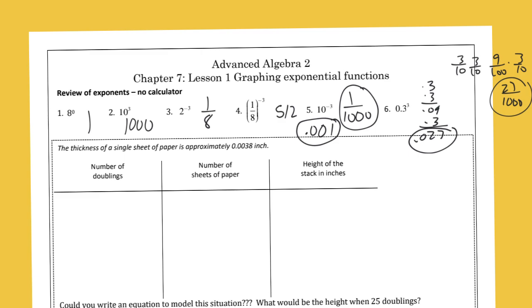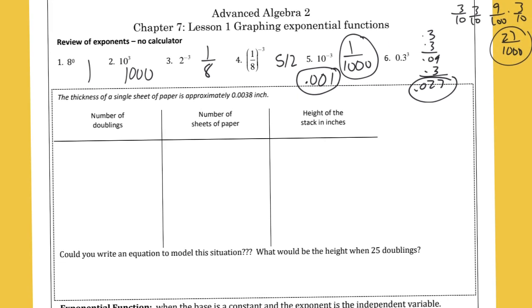Okay, the introduction for today, and normally for the whole unit, is, if you have a single sheet of paper and it is 0.0038 inches tall, if you double that by either folding it in half or just getting 2 sheets of paper, it'd be twice as tall. So it'd be 0.0076 inches tall. Okay, that would be one doubling. If you double it again, there'd be 4 sheets of paper. So you double that height and you get